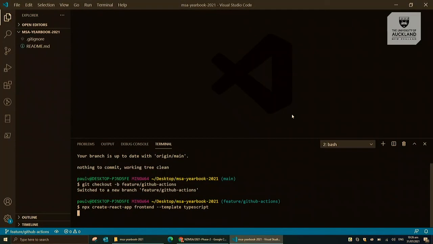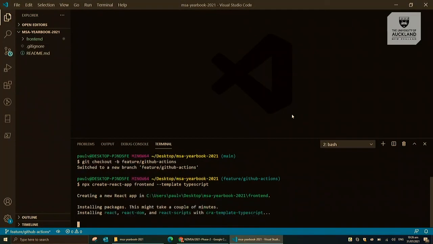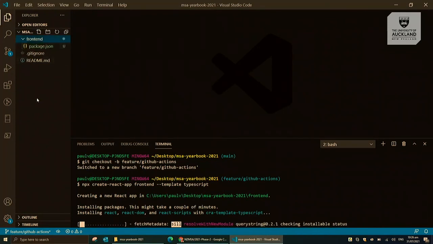And that will just run for a while, but it's basically going to create all the files that we need. You can see here now there's a directory called front end. And Node will just set up everything we need for a React application. And we should get a base React project that we can start with. So it makes it really easy for us to develop